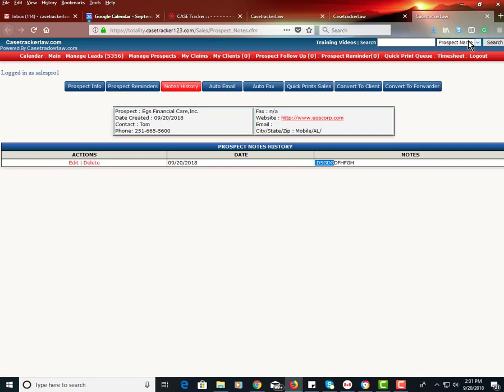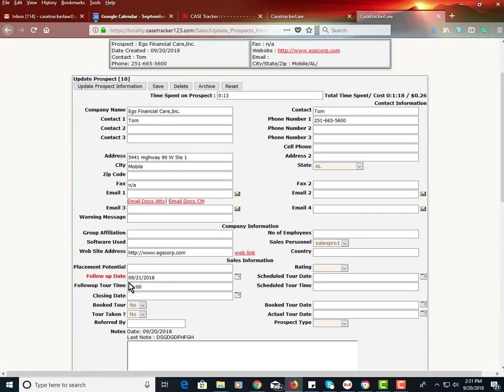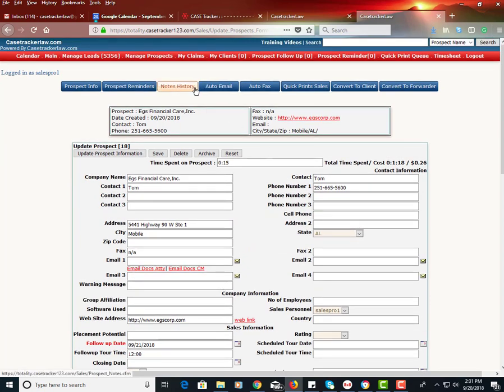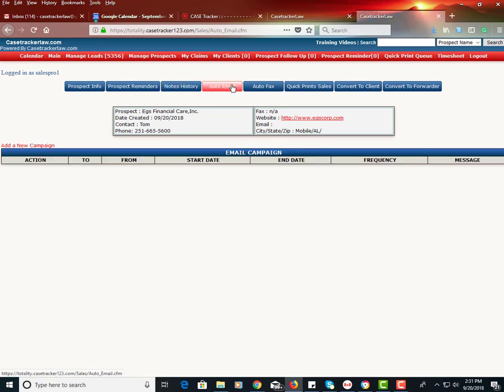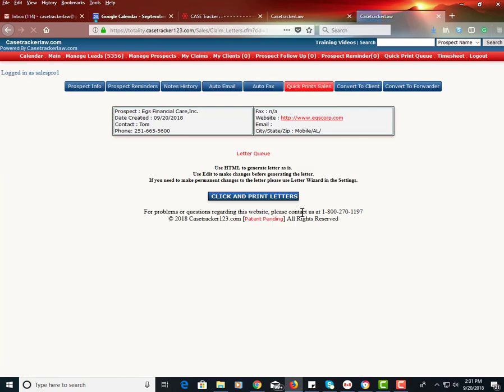This is a new window, so I'm going to close that. And then you have your note history up here as well. You can email your client, your prospect. You can fax your prospect. You can generate a letter for this prospect, some type of information regarding your company. And then when they decide they want to do business with you, you can convert them to a client. Once you've converted them to a client,